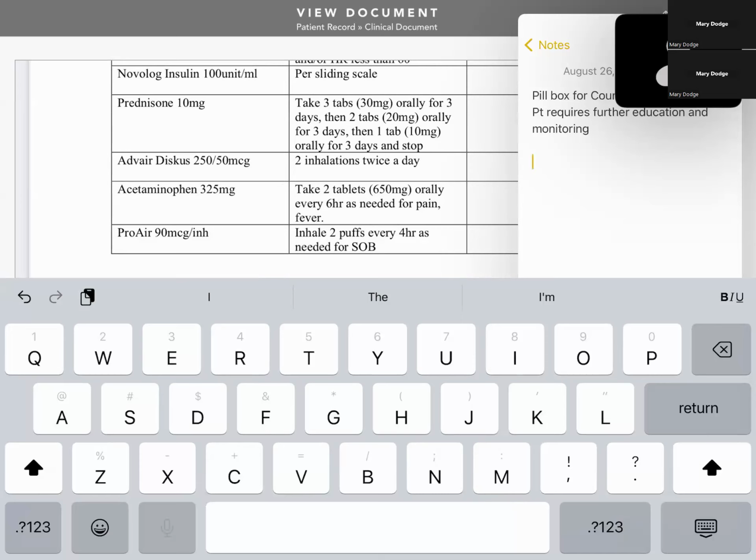Okay, do you know how to check your blood sugar properly? Yes. Okay, excellent. So we'll go through that and I'll have you demonstrate how to check your blood sugar for me when we're done with the medications. But for now, it's going to be important that I call your doctor while I'm here and get the accurate